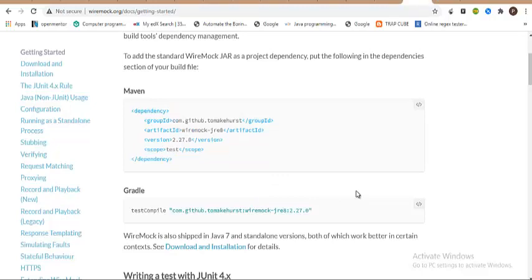Whenever there is a need for you to test an API or a microservice, you create a stub, then you call the stub, and then you do testing with the help of a REST Assured script or Karate or any other HTTP client or REST messages or something like that. So in the documentation it was very clear.